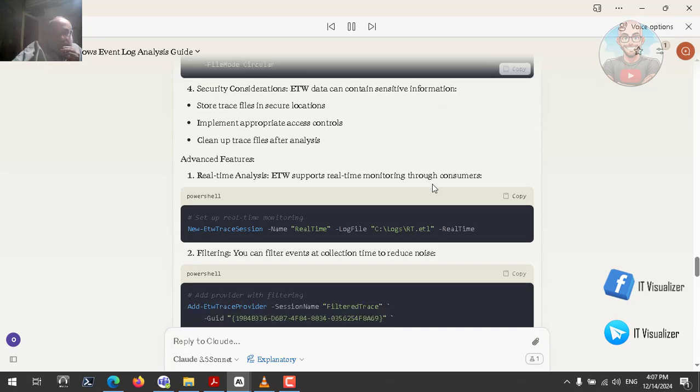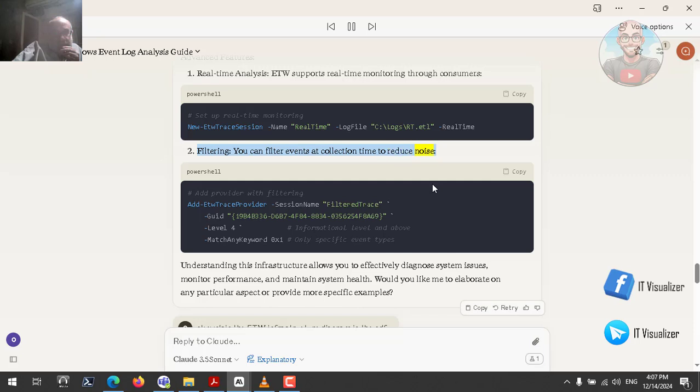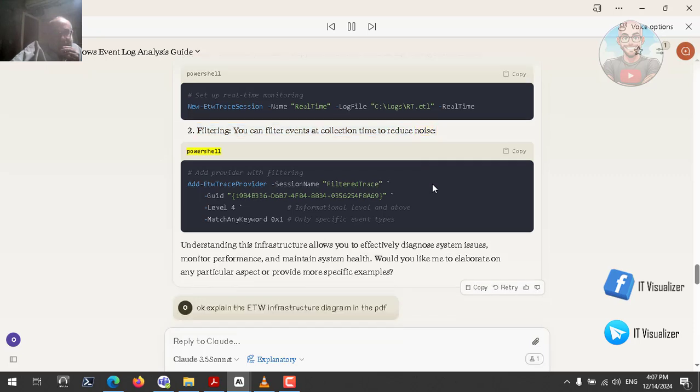# Set up real-time monitoring: New-EtwTraceSession -Name RealTime -LogFileName C:\logs\rt.etl -RealTime. Filtering: you can filter events at collection time to reduce noise. # Add provider with filtering: Add-EtwTraceProvider -SessionName FilterTrace -Guid